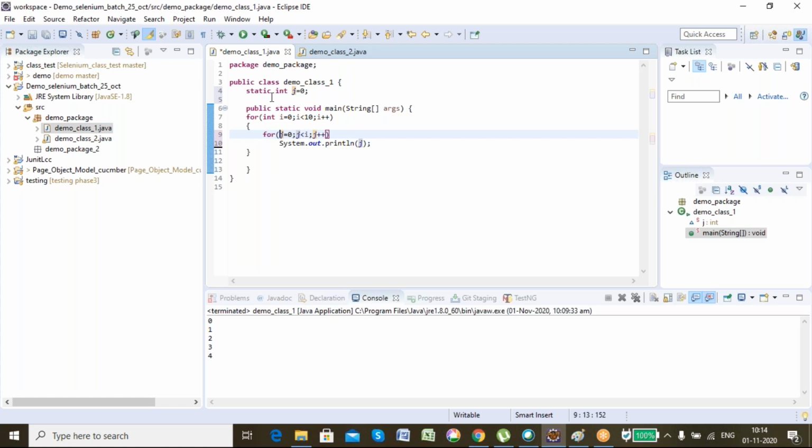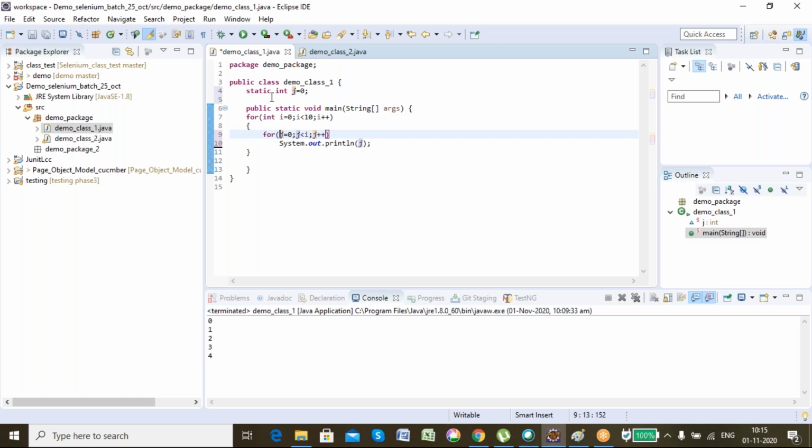I have a question, Pratik. Let's say we declared j as a static variable, but didn't we discuss yesterday that to call a static data member we need to call it either by class name or by object name? So how is that being implemented here? We are not explicitly calling by any class or object name in this for loop. I'm confused here. Yeah, I got you. A static data member can be called using the class name, using the object name, or directly.